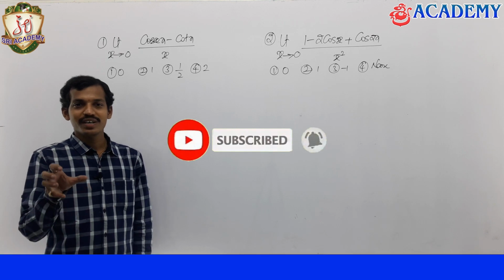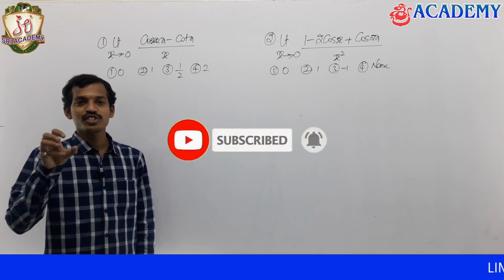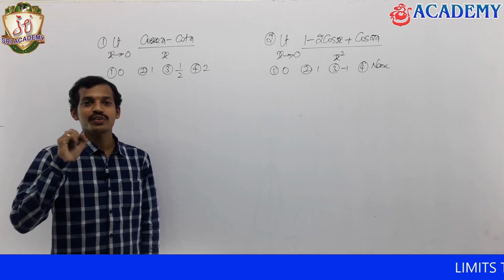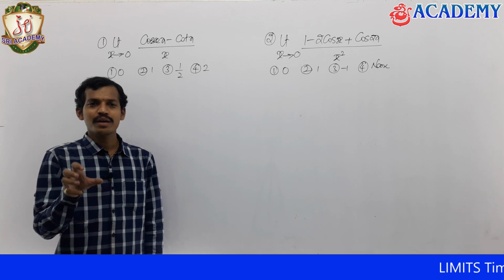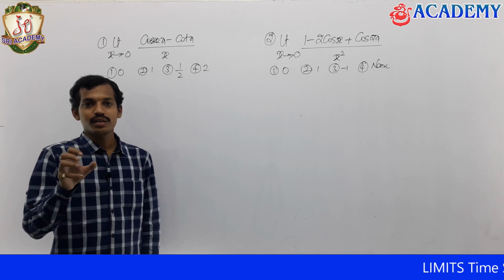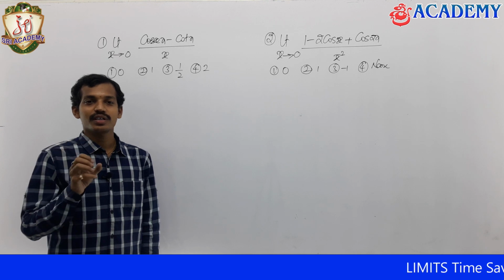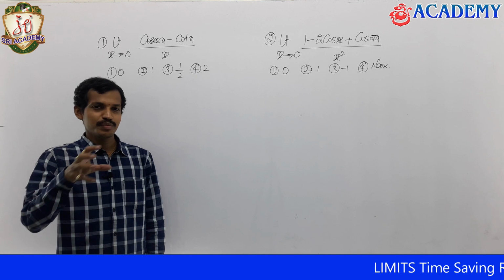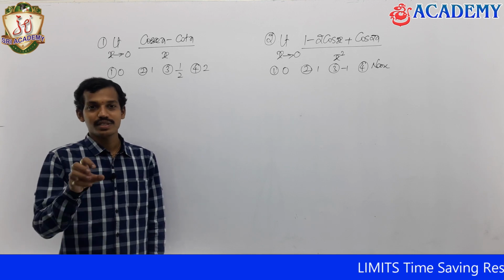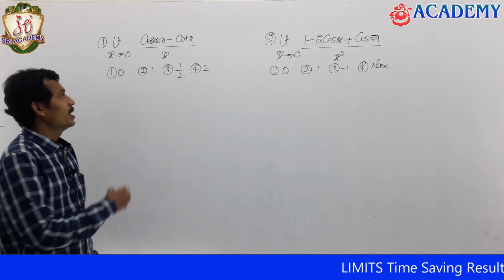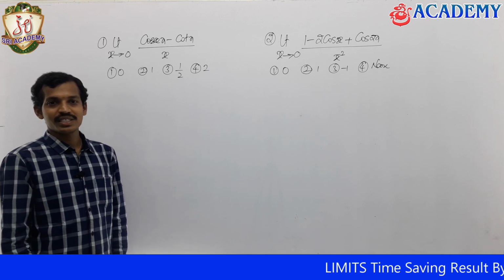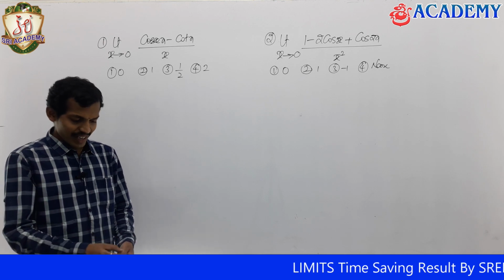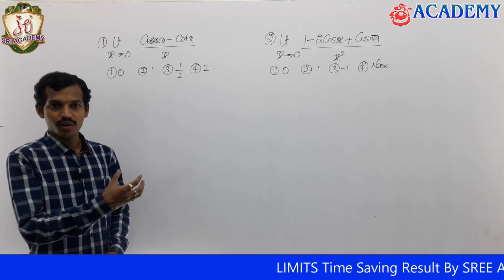I am going to give one result in the limits topic that is going to be useful from your exam point of view, competitive exam point of view. Many times, based upon this result, many competitive exam questions have come. See how it is going to be useful in our problems in the limits topic, that is limit x tends to 0 of (cosecant x minus cot x) divided by x. First of all I will give the result, then based upon that we will see how we get it.